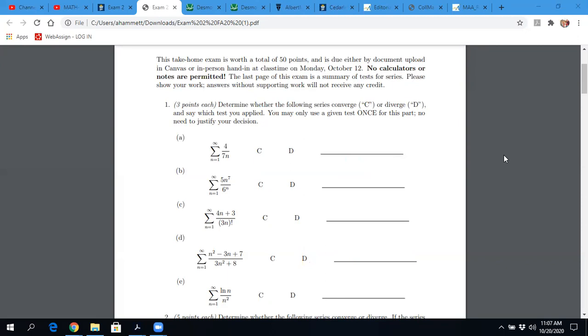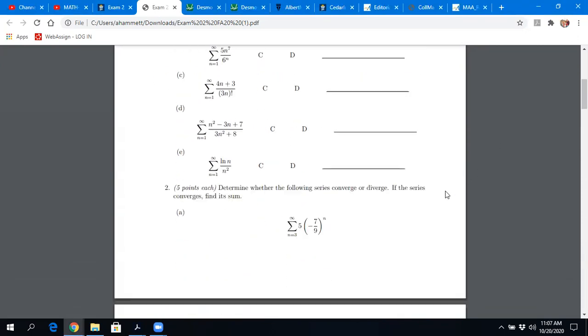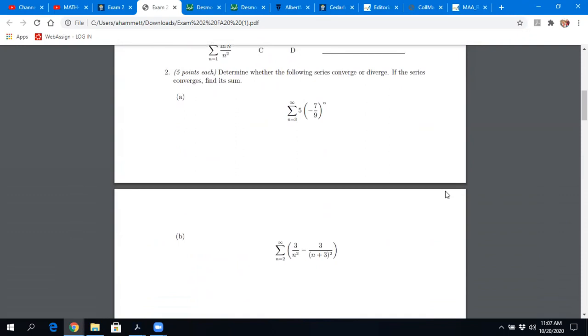These next two guys, they both converge. And this guy's a geometric series, and it's basically going to be the first term, which is 5 times (-7/9) to the third, all over 1 minus the ratio, which is -7/9. And you would have to simplify that a little bit. Some of you didn't realize that the first term here was not to the 0 power, okay,